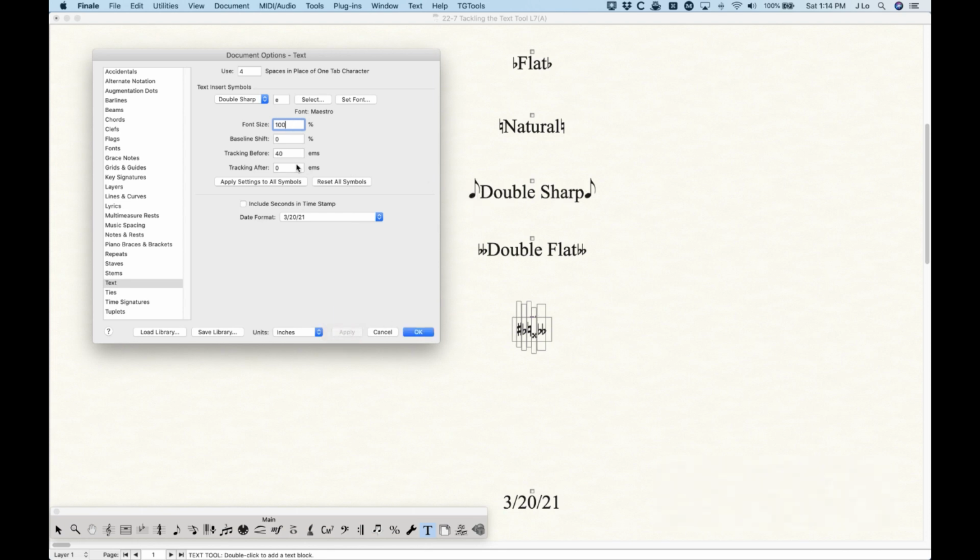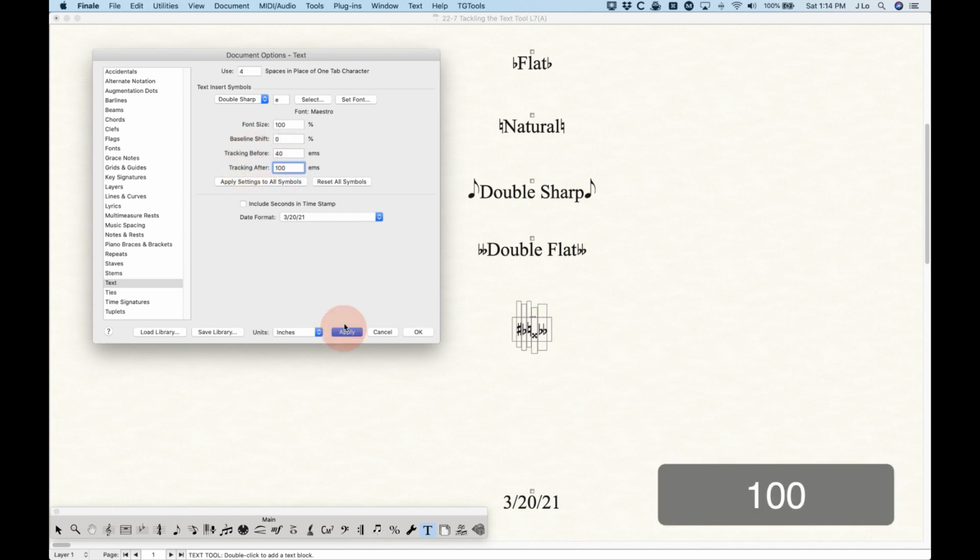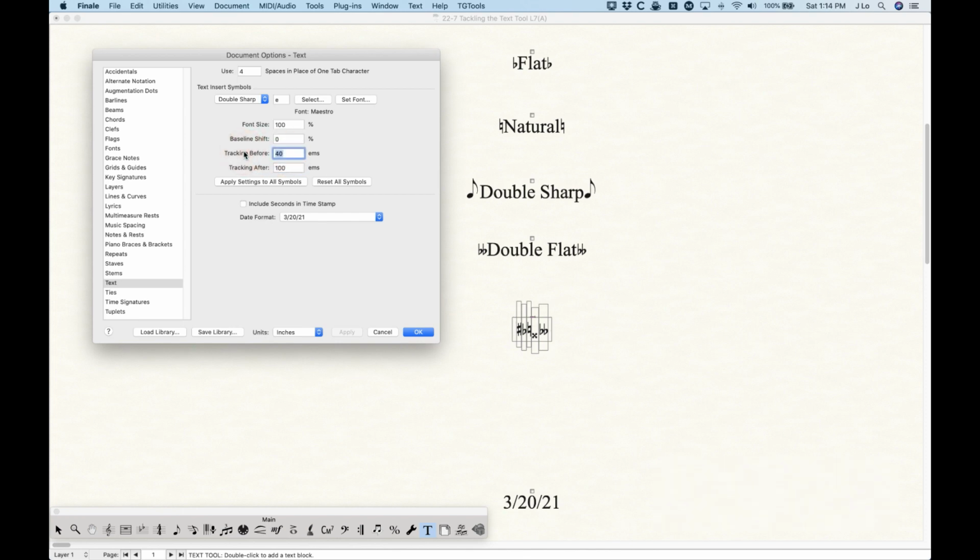I can add a little bit of tracking after, maybe. Let's try 50, give it a little bit more space. Maybe the tracking before, actually, you know, let's make this 100. Let's make this one a little bit higher too. Let's make this 125. Let's see what that looks like. Yeah, so now you can see that you can use this double sharp insert as an eighth note instead of